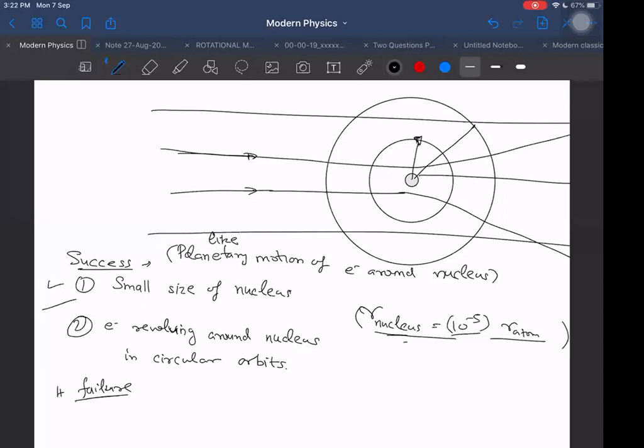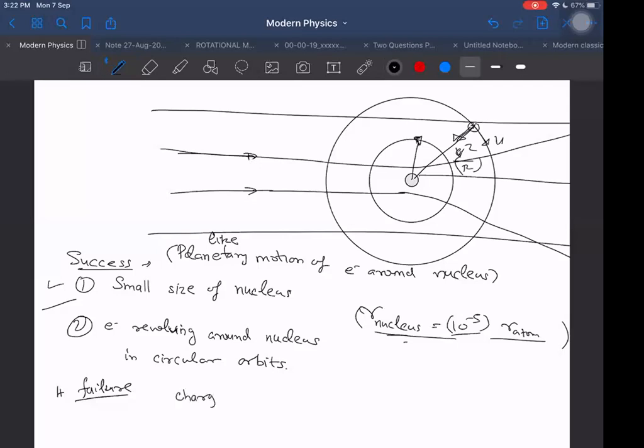So when Rutherford was asked why it does not lose energy, he was not able to give any reason. Everybody thought, and he also thought, that yes, it should lose energy, but somehow it is not losing the energy. Why? He could not explain. Even if the electrons are moving with constant speed, there is a centripetal acceleration, v square by r, that will always be there. And if centripetal acceleration is there, then energy loss must be there.